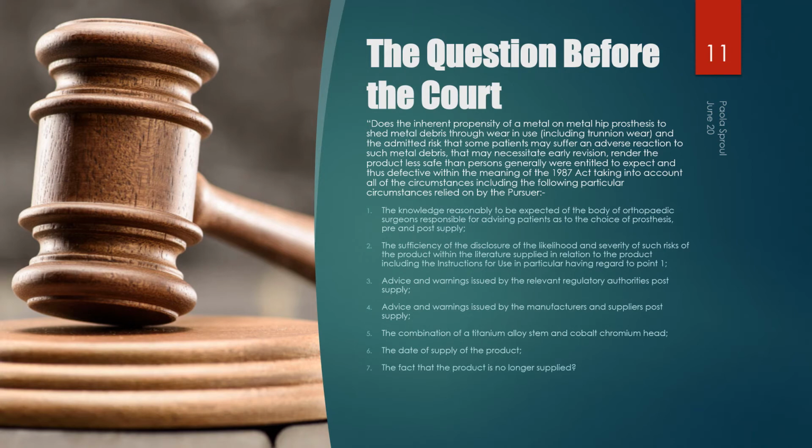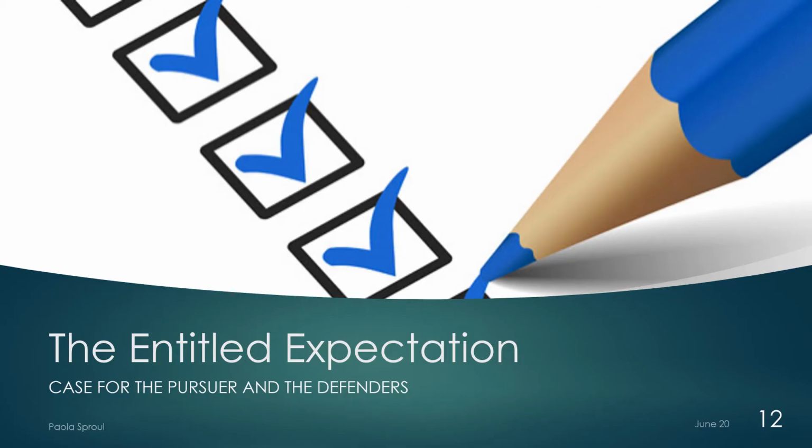The product was identified as the combination of the Mitch acetabular cup and femoral head and Accolade stem. As can be seen from the earlier slides, there are many facts and circumstances that require to be taken into account in determining whether a product is as safe as persons generally are entitled to expect. If this could be distilled into one short question, it would be, what is the entitled expectation in relation to